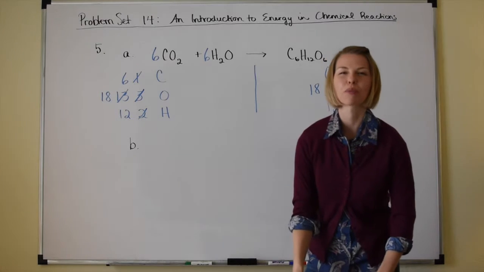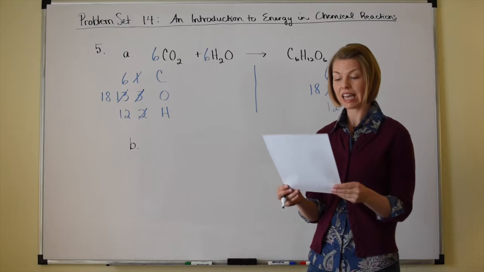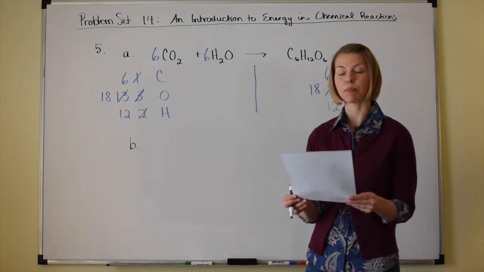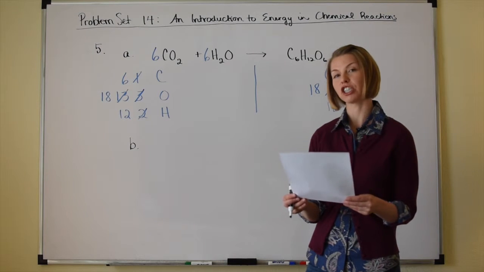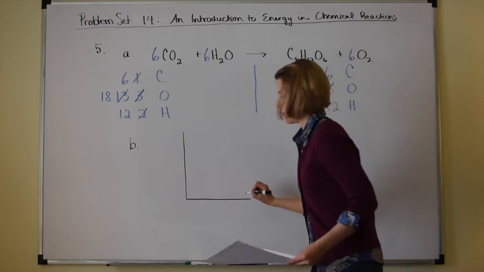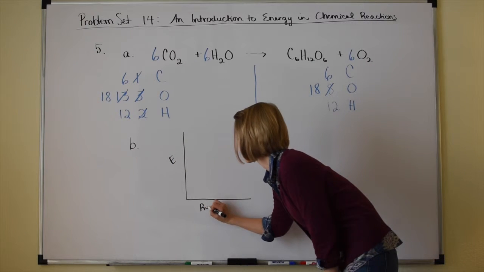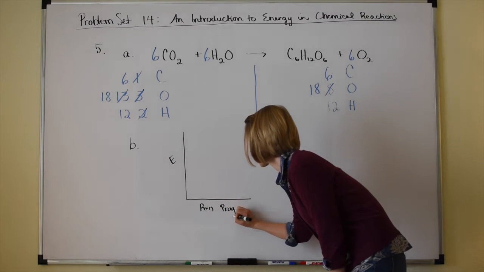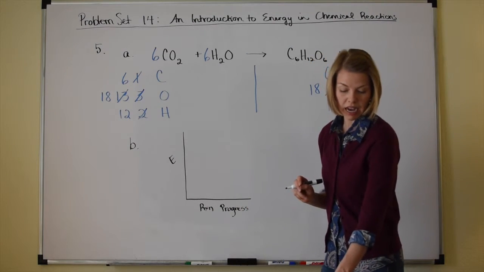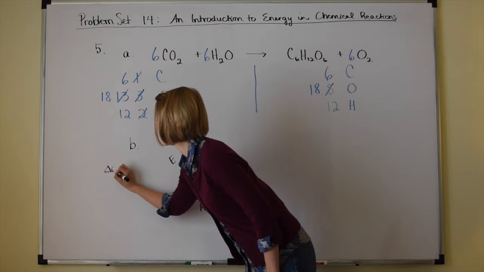Which is our final problem. B, draw an energy diagram for photosynthesis and label the following: activation energy, reactants, products, and the positive 686 kilocalories per mole energy change. All right, so our energy diagram, I'm gonna write E for energy, and I'm gonna write Rx in progress for reaction progress. Okay, so we know that the free energy change, the delta G, write it over here, delta G is given